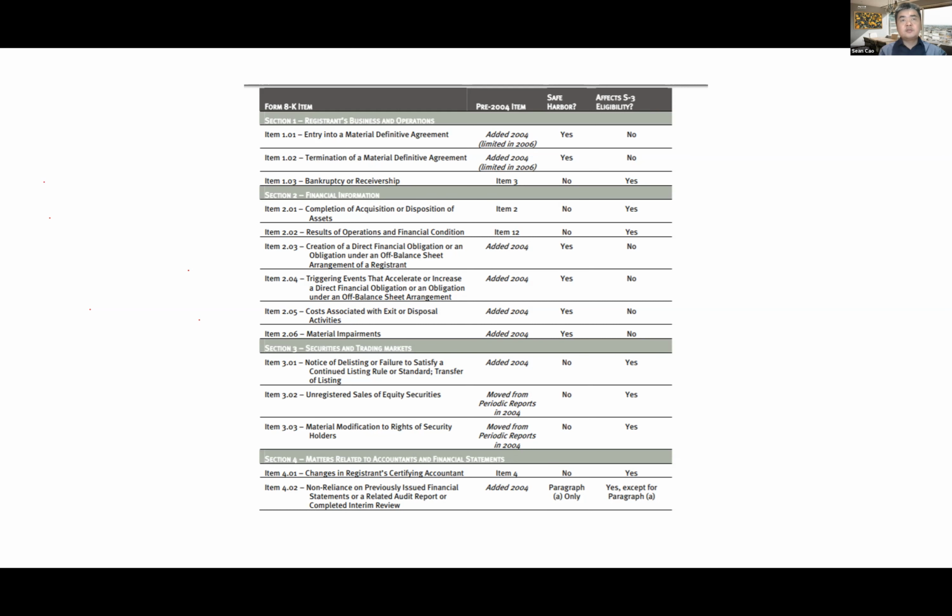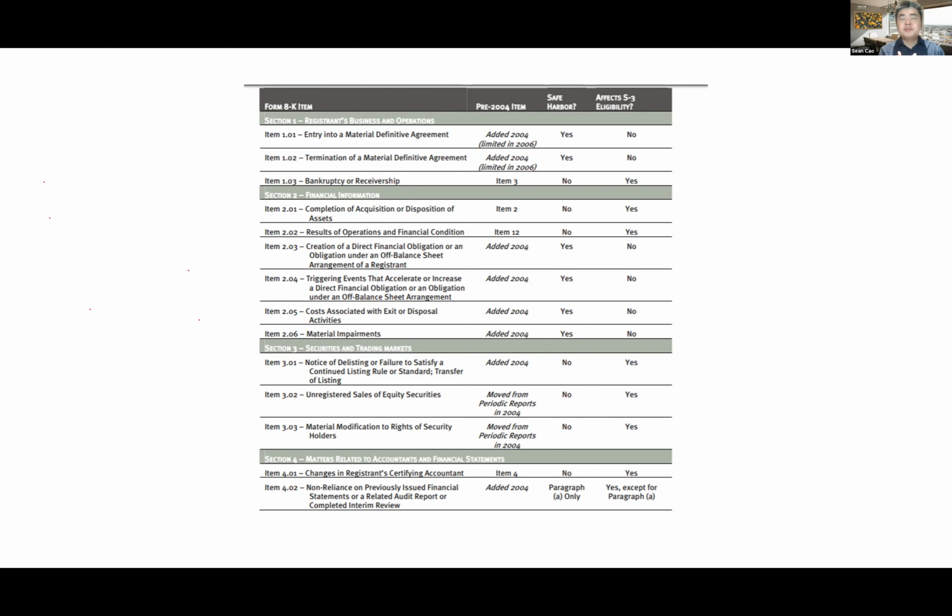We talk about the data, the nature of the data, the technology, and how we use the data to help investors and help managers. Hopefully you can see these 8-K items. So basically the idea here is that the 8-K is about material news of a firm.